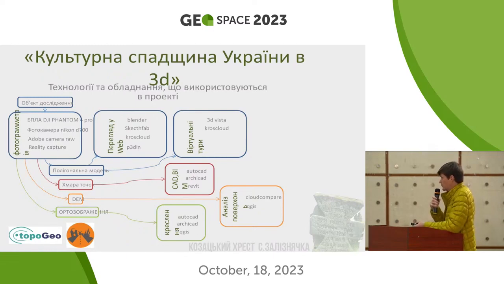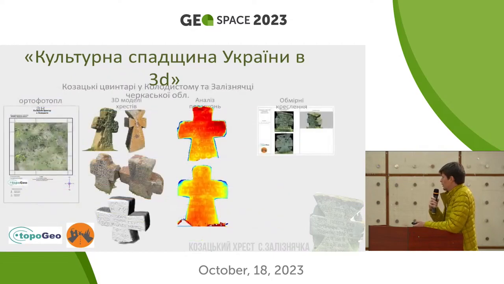We also have a project, Old Cemeteries of Ukraine. This is research about Cossack burial places. Through analysis of the surface, you can read the epitaphs on the tombstones. These are the Kolodestovka and Zaleznyachka villages, which we researched in the Zaporizhia Oblast. There are very important Cossack burial places there. Even the locals are largely unaware of those